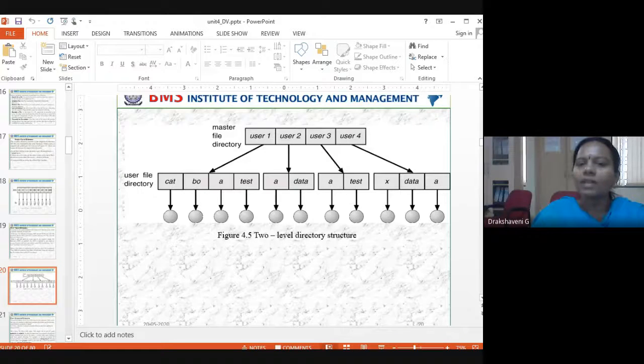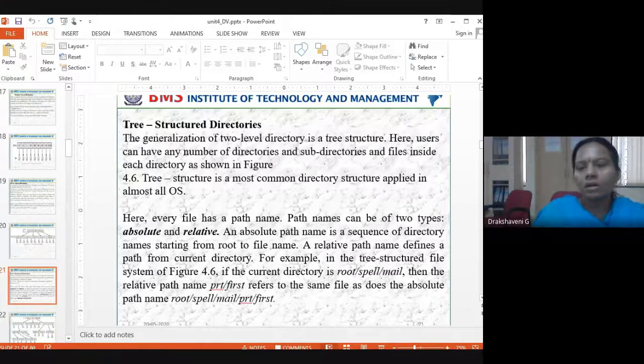So here one level is master files, where you create one separate space for you people to keep all your files separately. That's what is called a two-level directory structure. So that was about 1, 2. Now we move on to tree structure directories. Maybe sometimes we may require so many accounts. Now suppose you think that in your class you are 53 people. So for 53 people also I have to create separate accounts.